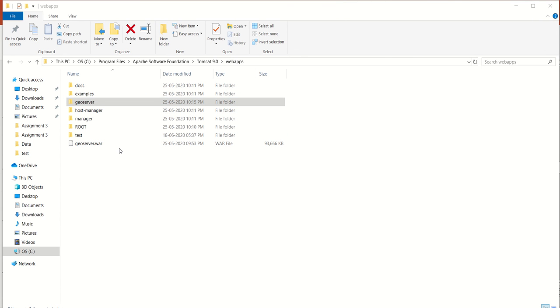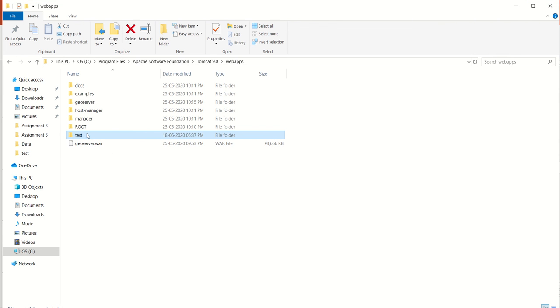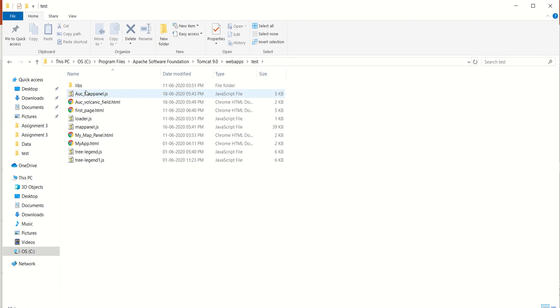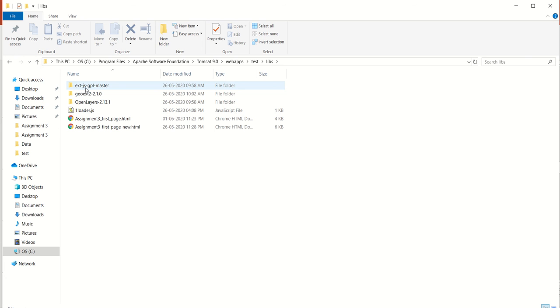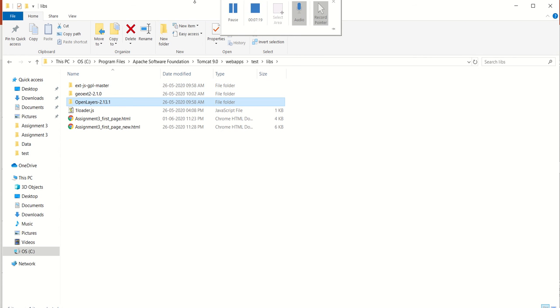Also, create one more folder. Here I have created a folder named test, in which a library folder is created, in which I have moved all three tools, that is OpenLayers, GeoEXT and EXTJS.